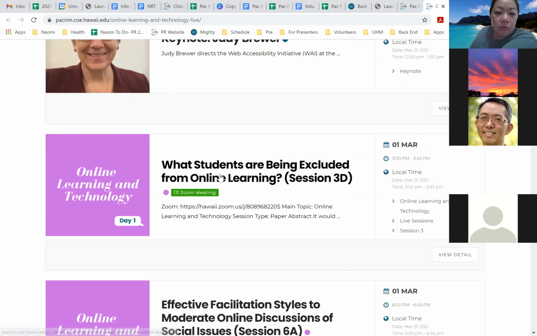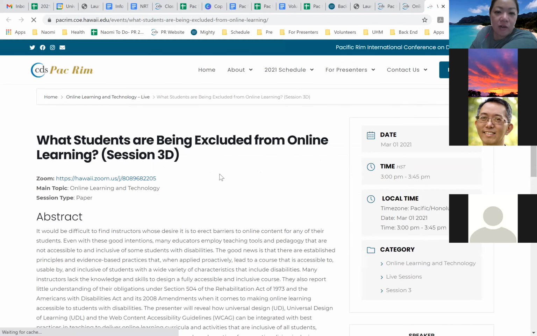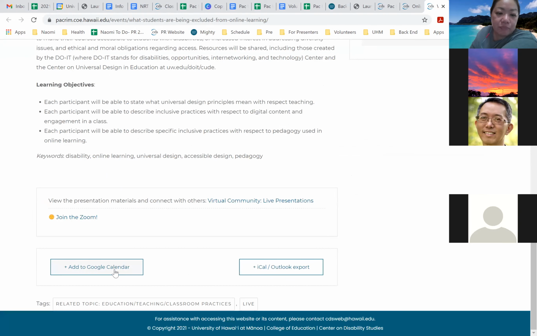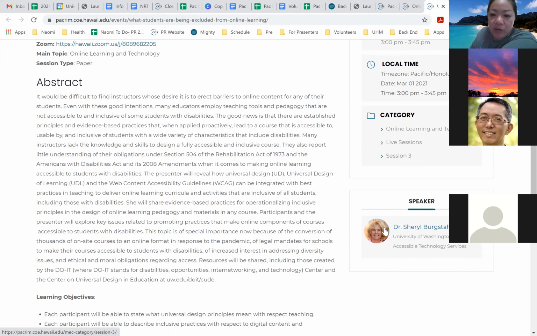And I'm going to go now. I want to learn more about this one session. I'm going to click on it. And Lauren has added all the Zoom links, so now you know how to access the room. It's at the top here, also at the bottom, right here. And then you can find out what your session time is as far as local time in Hawaii, and then this is local time on your computer. It will change automatically if you're on the East Coast, for example. So hopefully that will reduce any confusion of what time things are. And then you can find out about the speaker.